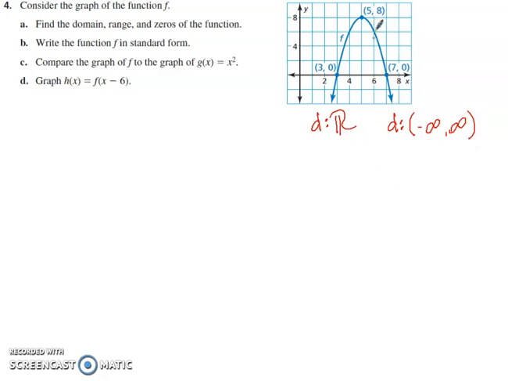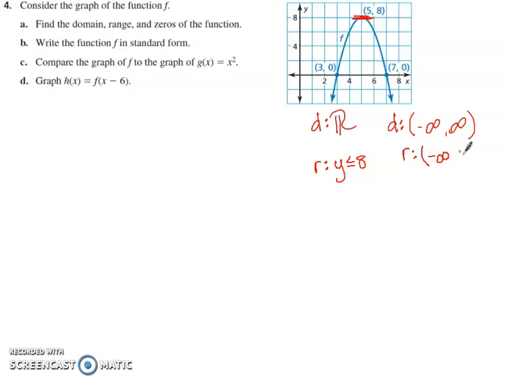For my range, we're looking now at y values. So going up, I do see that there's a cap on my y value, and going down, it looks like my graph can go down with my y values forever, so there's no lower bound. So that tells me that my range could be any y value that's less than 8, but we could also equal 8. The other way to write that using interval notation would be that there is no lower bound,